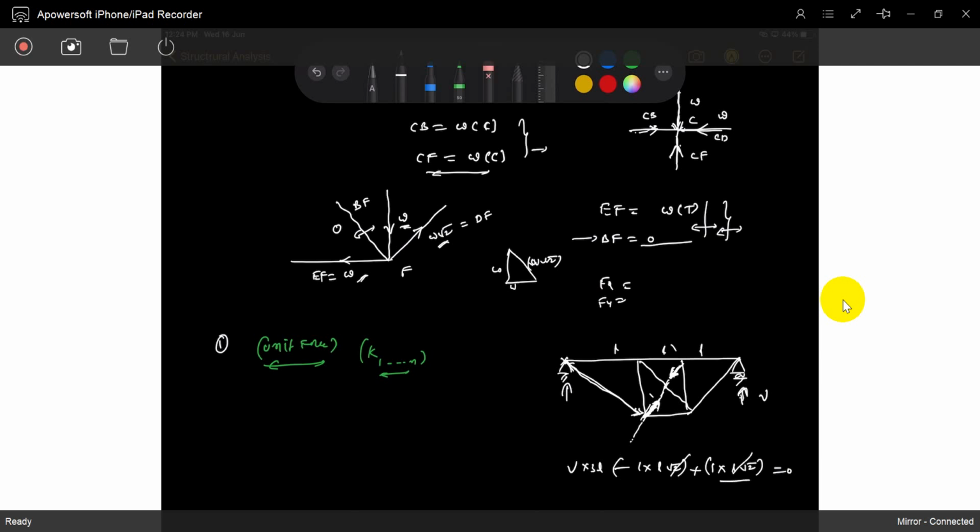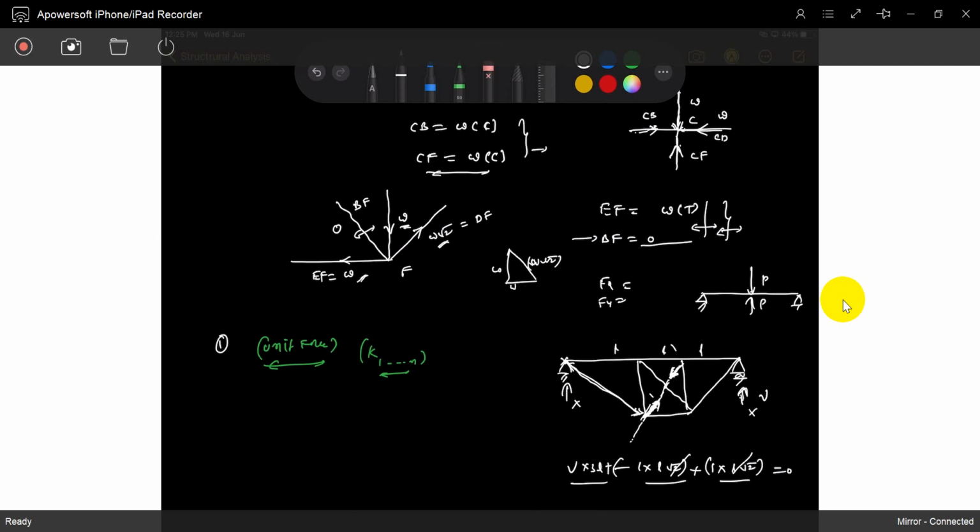This moment is balanced by this moment. So V is 0, and then V is 0. Reactions are not developed by applying two forces that are identically equal and opposite in direction. Understood? Otherwise, if you take some example, this is a P, and if you apply the same P in the opposite direction, what is the net force? 0. That's it, very simple. So there are no reactions at all.